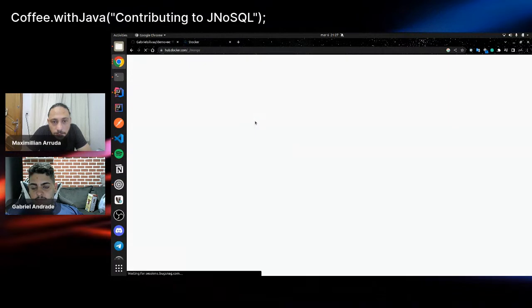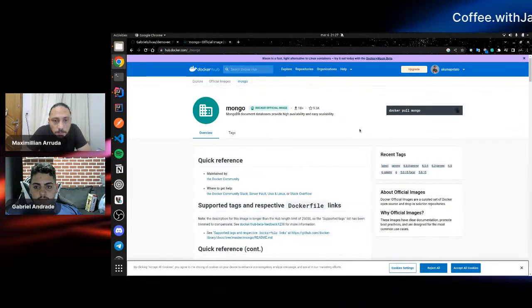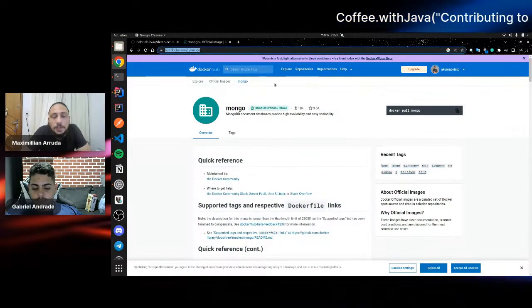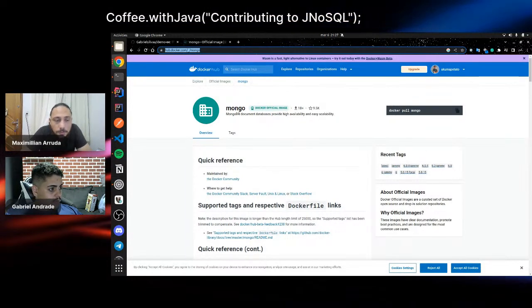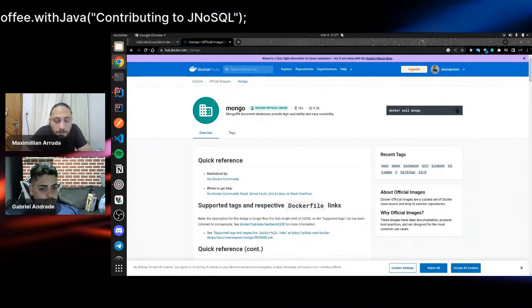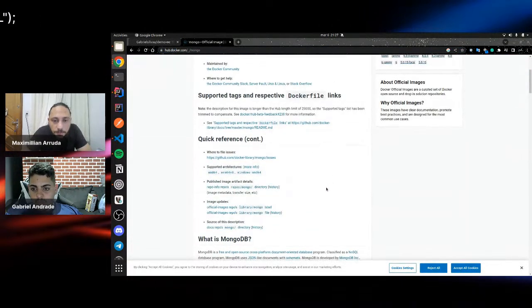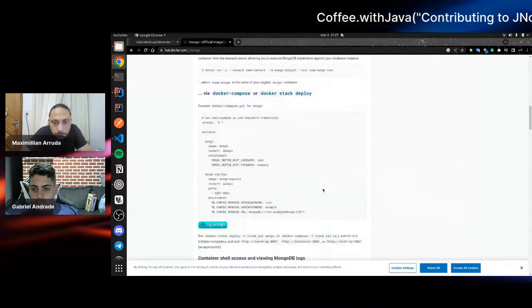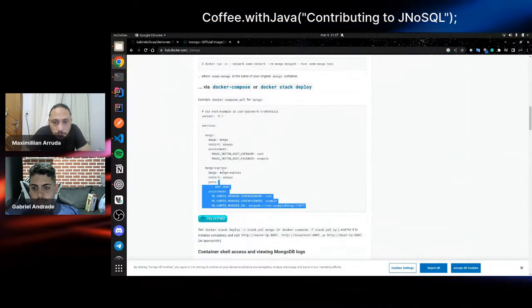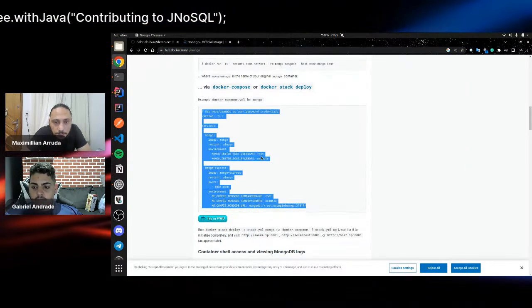This is the one. If you take a look, it's the official one. Yes, it's the official one. If you scroll down this page, you will find a sample of the Docker Compose file. Scroll down, please. Can you see this one? Yes. So you could use it. Copy and paste it there.